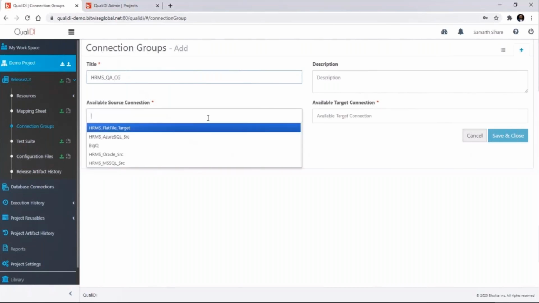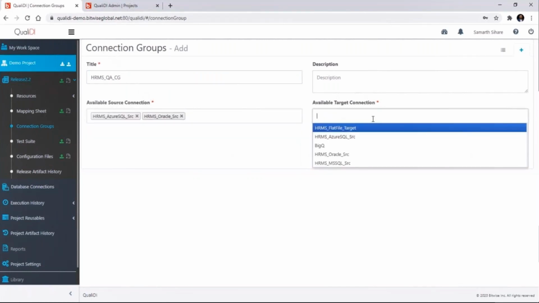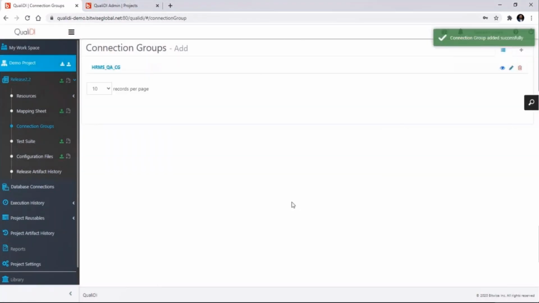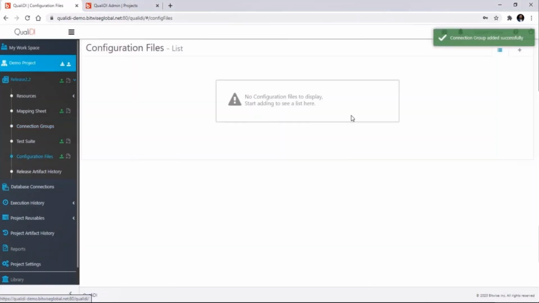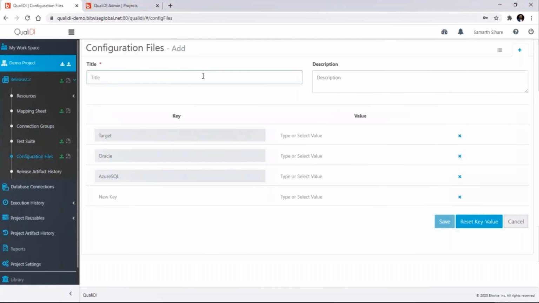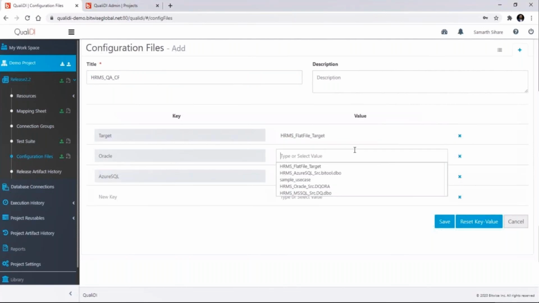Here we have two sources and one target. Now, since we want to keep our test cases independent of environments, we can use the configuration file to replace the database names in our source target query pairs. This configuration file is nothing but a key value pair, which suggests the keys based on the variables used in your mapping sheet and the values based on your database connection.